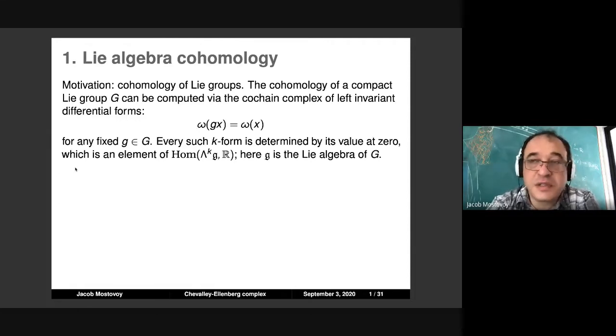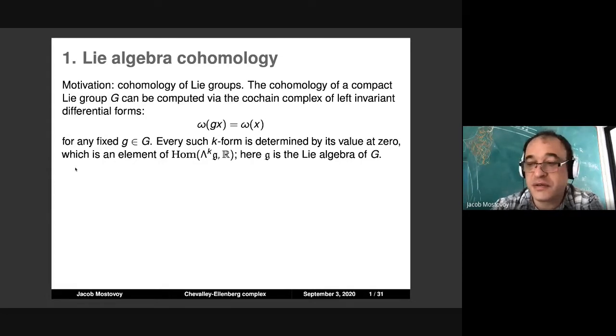Well, this is because of compactness. You can use an averaging trick, so you can average differential forms, you can project them onto left invariant differential forms, and they will give you the same cohomology. And since each of these forms is determined by its value at 0,